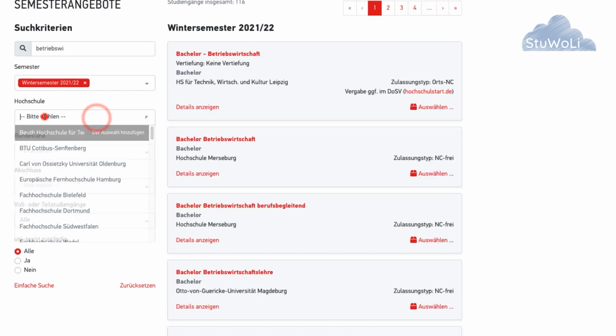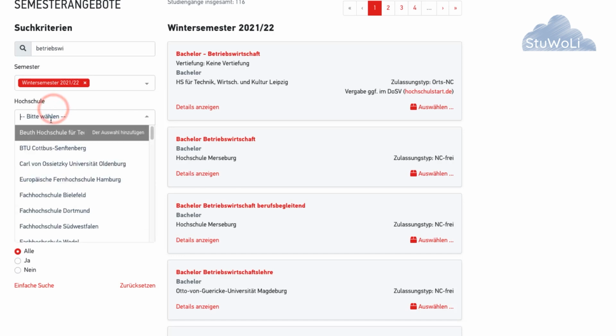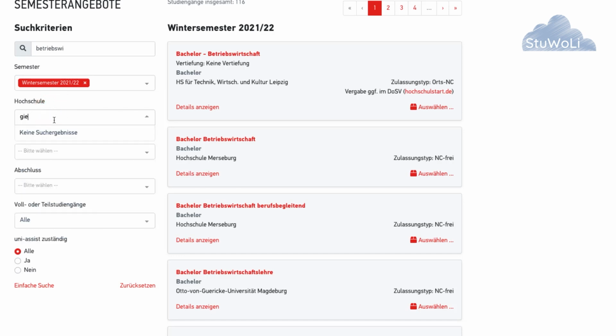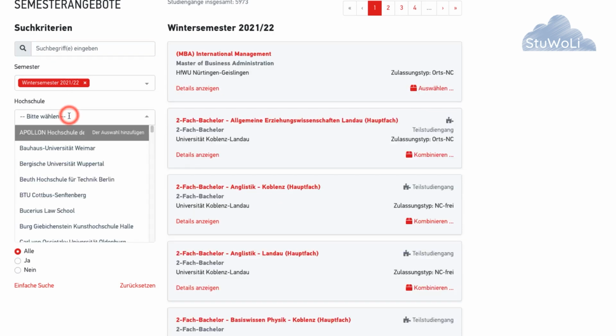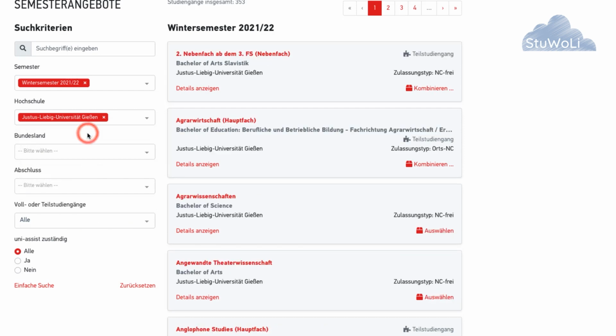Okay, let's go for the other university, Gießen. There you go, Gießen. Really? Hochschule Gießen? It didn't show anything. Ah, that's because this filter is here. I removed that one. Now I say Gießen. Justus Liebig Universität Gießen. I chose that one. For University of Gießen, I go for